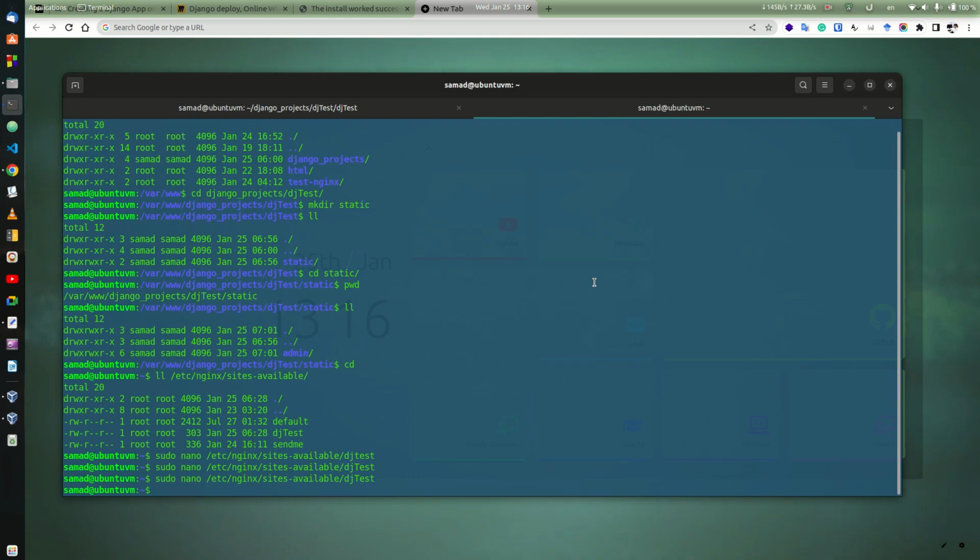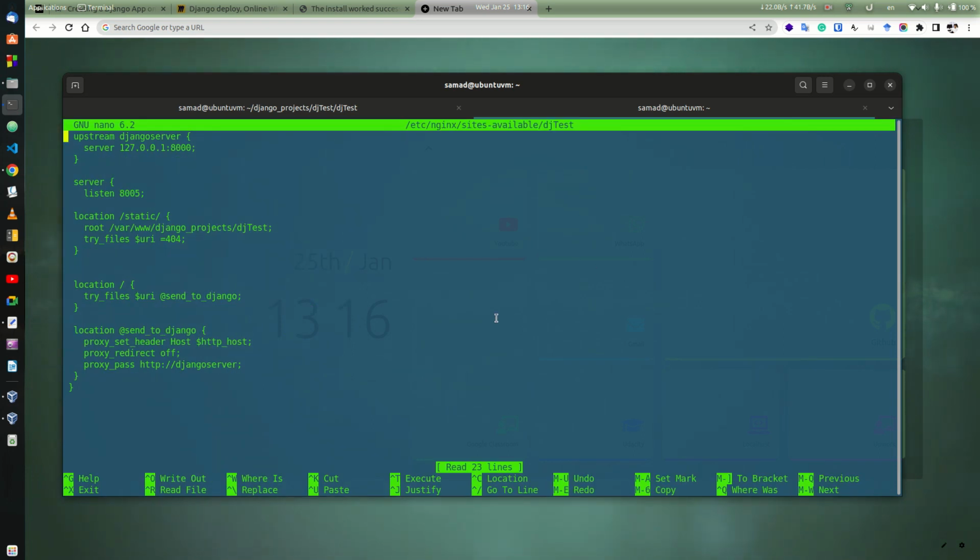So we have to fix something in our configuration file here. We have to specify the root of our static files. Our static files are in var www, the project, slash static, and